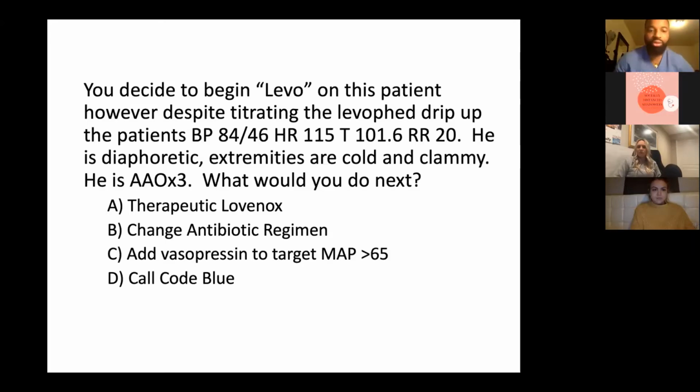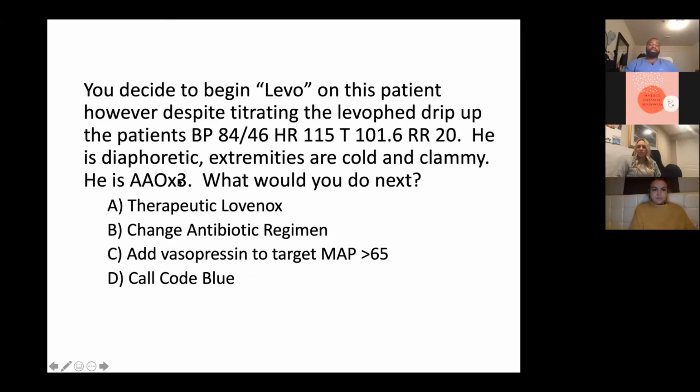So, Lovenox is an anticoagulant, so that's not helpful here. Change the antibiotics regimen, that's not really going to help us here. Add vasopressin to target MAP greater than 65. I think this will make sense because we're still not achieving the goal that we want when the Levophed was given. By calling the code blue,